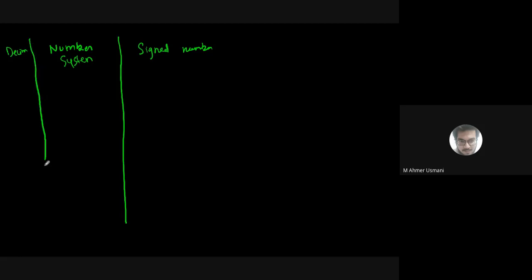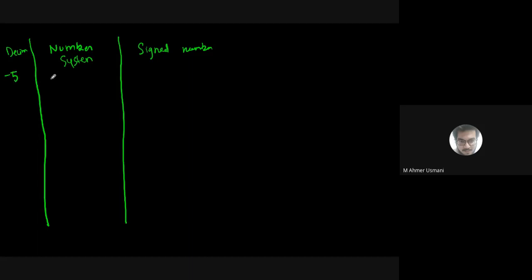So first we have the normal number system, then I'll have a signed number system. And this is the decimal number that I have over here, decimal आपको समझने के लिए कि किस नंबर की बात चल रही है. We'll start with -5.